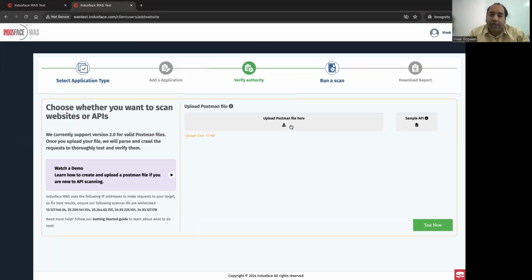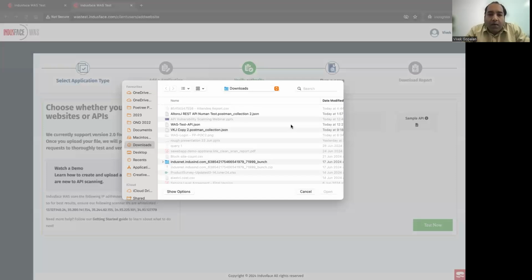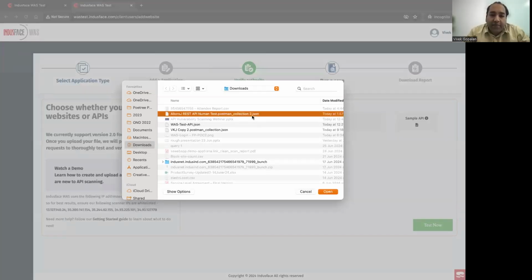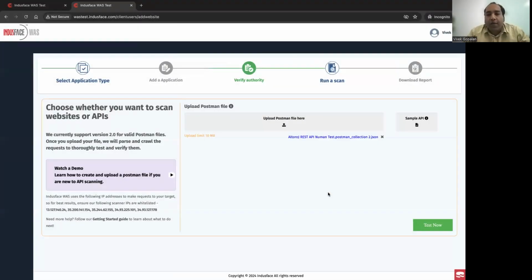file. The Postman file is needed because as a scanner, we need to know what the APIs are and the sequence in which the APIs need to be called. These Postman files are generally available as part of your testing cycle. In case you do not have a Postman file, you can choose a premium plan where our team will use the documents or any information that you can provide and help create the Postman file for